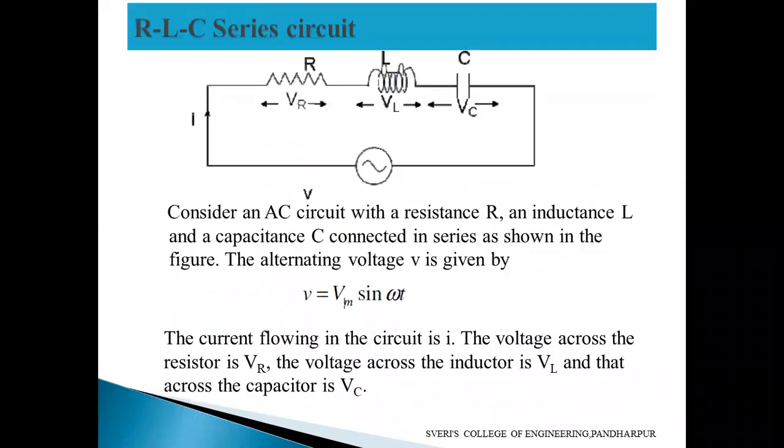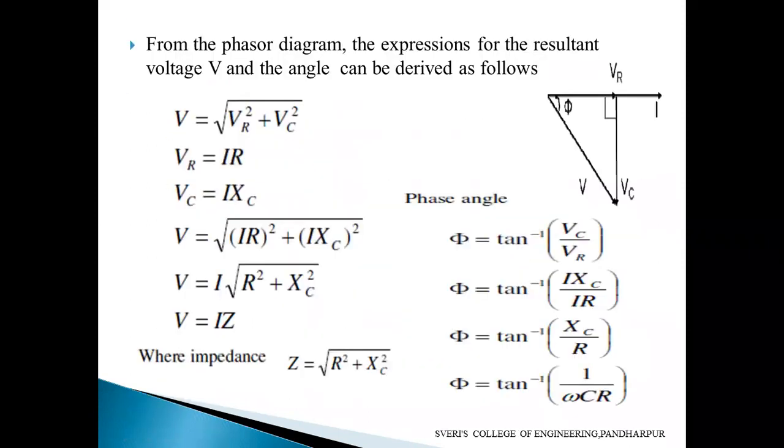Any doubts here? It completes the RC circuit. If you have any doubts here, you can ask. RL is over, RC is over. That is the difference only. While taking, current is common in both the terms, so I have taken current as the reference. We have considered current as the reference phasor here now. Any doubts? You can ask the doubts.